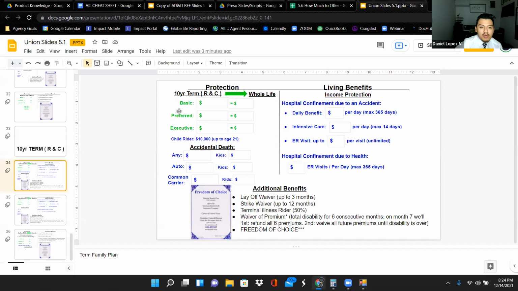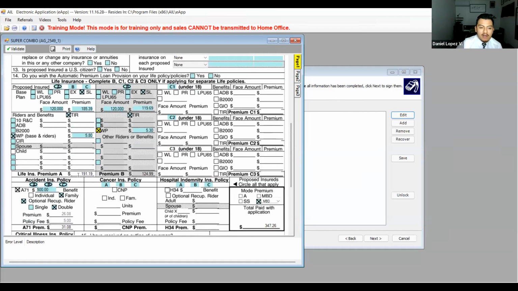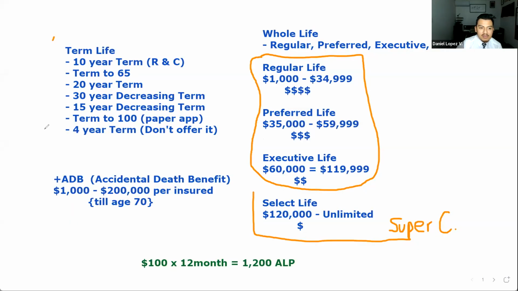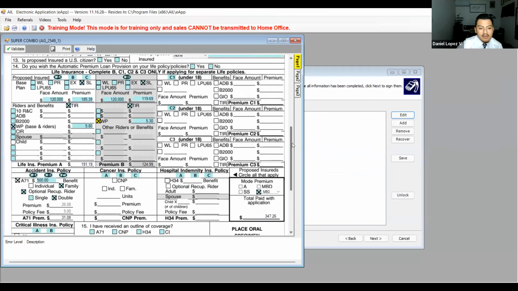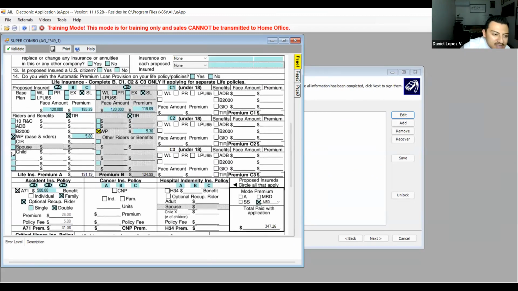Once they choose one, you take a screenshot so you can send it to them later, but that's another class which we already went over, which is available on the slides. There's going to be another video, by the way, of what all of this means, how to fill it out, and how to get all this in here. That video will go over all of that in detail. You're really going to like that video. It's going to explain all of these details too: ADB, B2000, CRR, spouse, and so on.